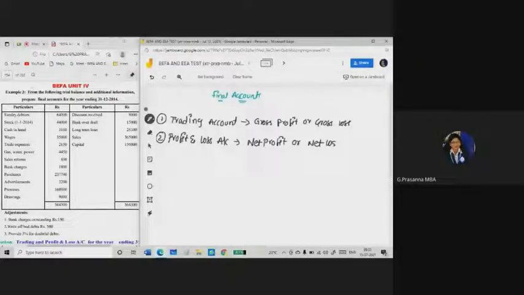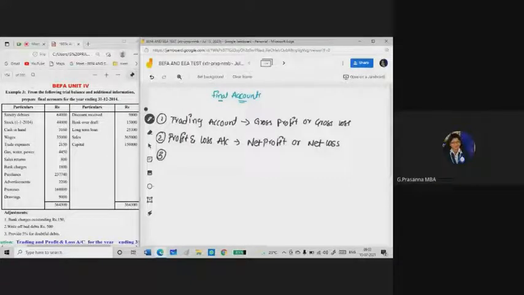After preparation of the profit and loss account, whatever net profit or net loss you are getting, you need to transfer it to the balance sheet liability side. So you need to add net profit to the capital. If you are getting a loss, you need to deduct it from the capital. So the third statement, I'm saying, is the trading account and profit and loss account. By the trading account, we are going to calculate gross profit and gross loss of a firm, and by the profit and loss account, you are going to calculate net profit or net loss of a firm.